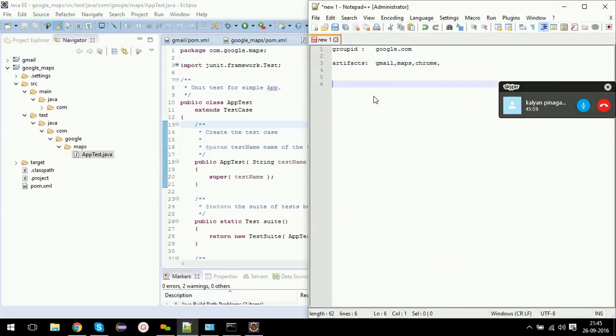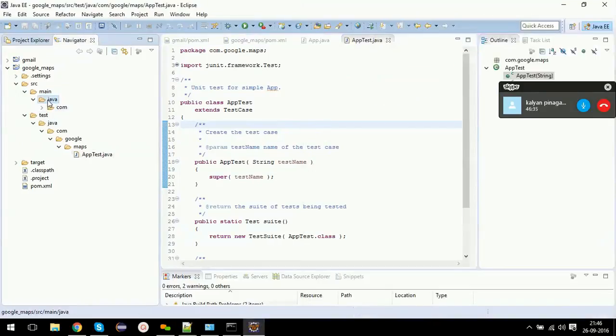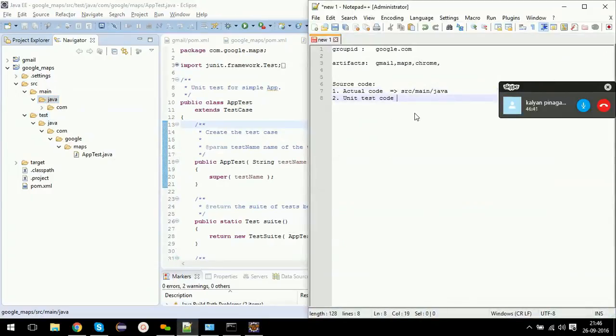So as I told, developer source code is divided into two things. One is actual code. Second one is unit test code. So actual code goes into this folder, source main Java. That means whatever code we write, we need to write in this folder, source main Java. Whatever unit tests they write, they should put